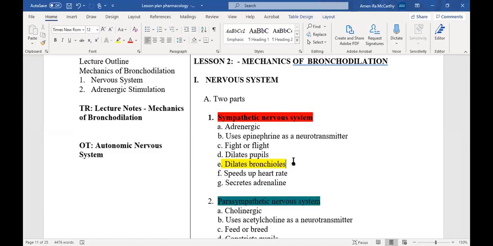Okay. So the sympathetic nervous system is one part. The sympathetic, aka adrenergic, aka sympathomimetic, right? It uses epinephrine as its neurotransmitter. So in our brains, we have what's called a synapse, okay? If you're aware of a synapse, the synapse